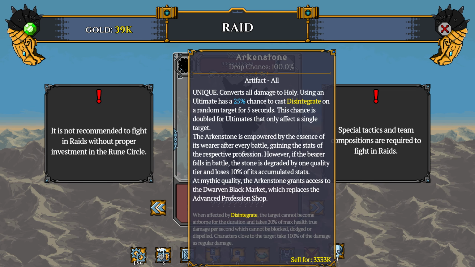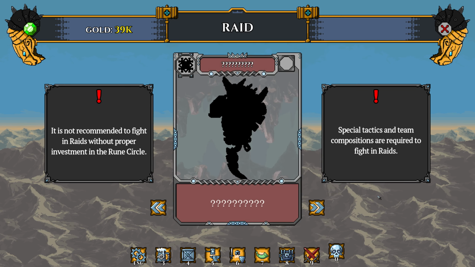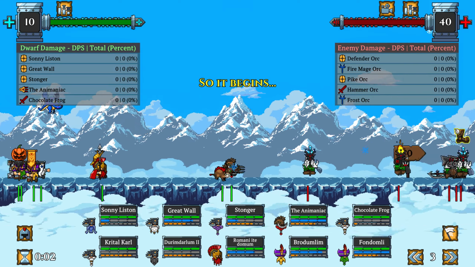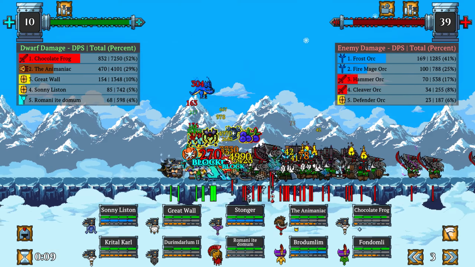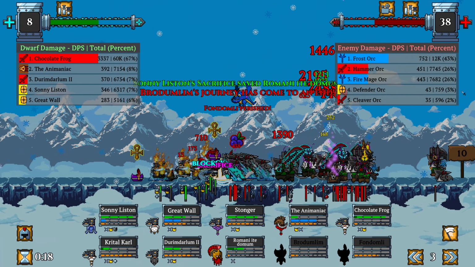At mythic quality... wait, what was that? At mythic quality, the Arched Stone grants access to the Dwarven Black Market shop. Yeah, I'm gonna kinda want that, folks. I want to see the black market, although if that thing's level like 500 with 1,000,000...